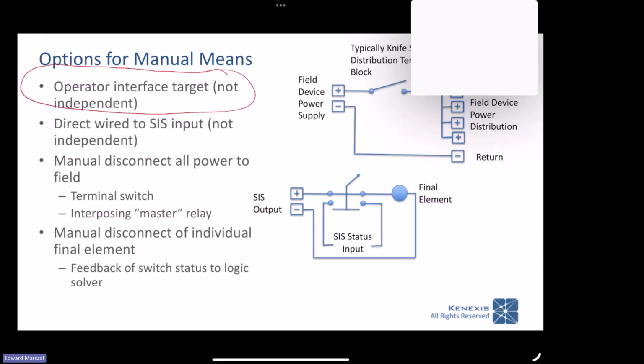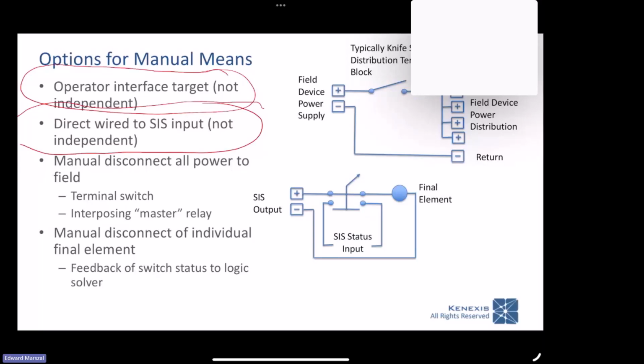It is the least reliable because not only does the SIS logic solver need to be able to do its job, the BPCS logic solver and the operator interface computer all need to be able to work to make this happen. Now, most of the time they are working, but it's not up to the SIL 1 or SIL 2 level, shall we say. Another option that's very common is to direct wire a switch as an input to the